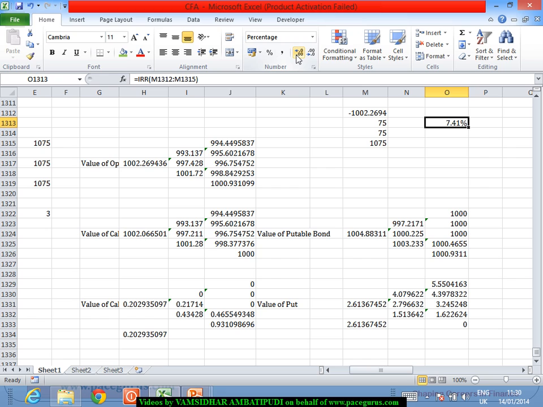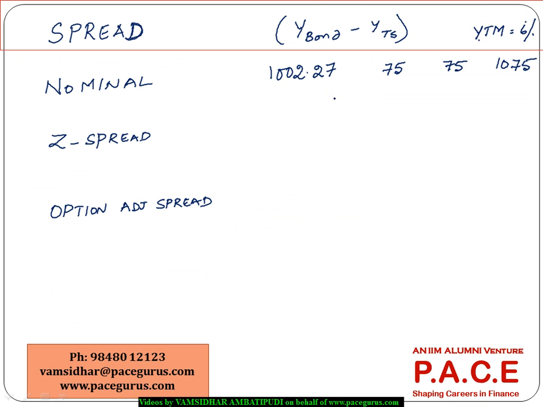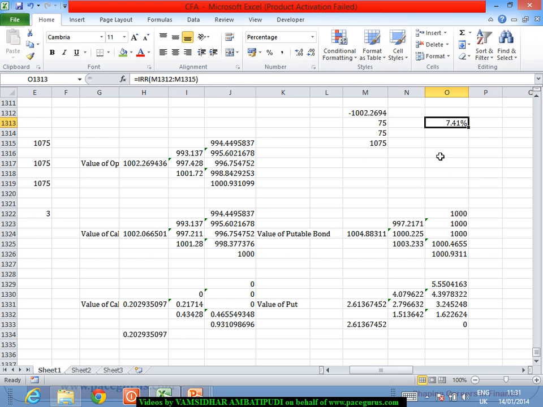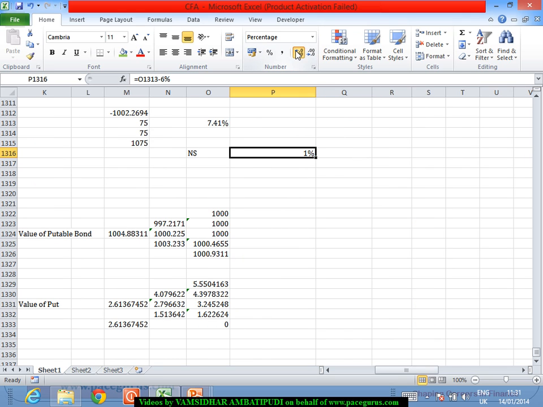around 7.41%. For the same bond, the yield to maturity is 7.41%, whereas the comparable risk-free security has a 6% yield to maturity. So obviously I can say that the nominal spread in this example is 1.41%, whatever the difference is, right? If I say nominal spread, the difference is 7.4% minus 6%, which comes to around 1.41%, and that is